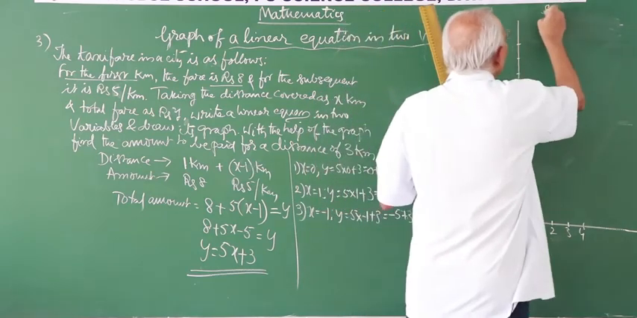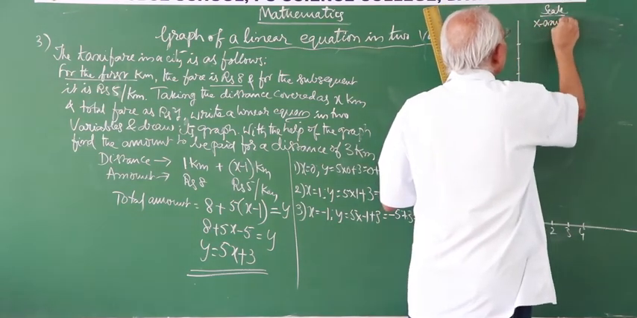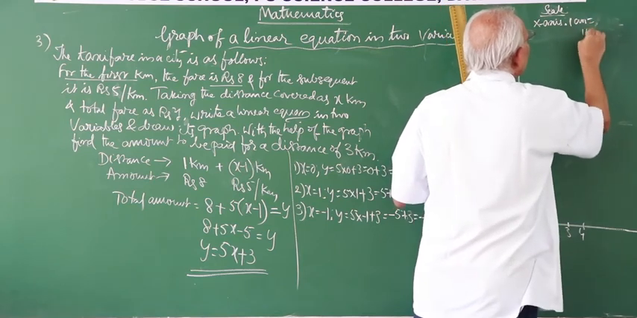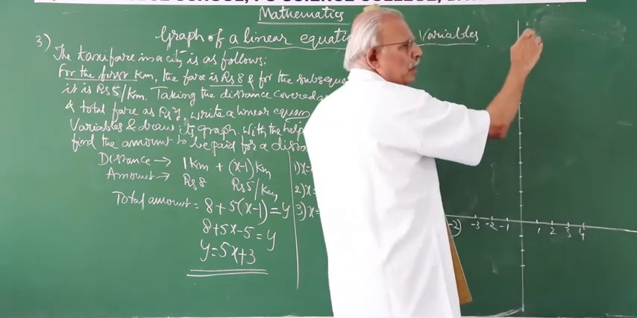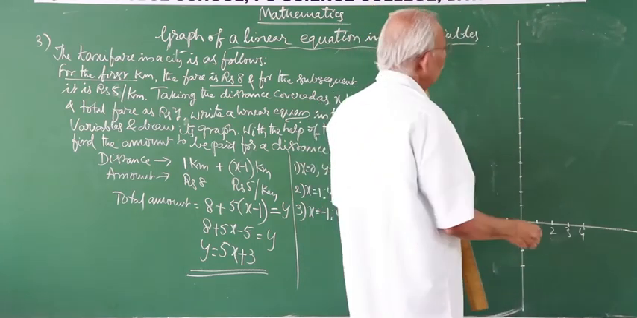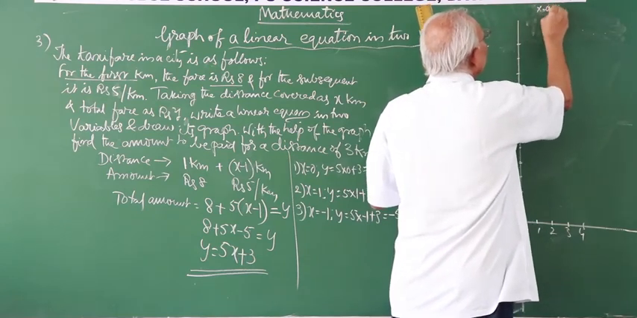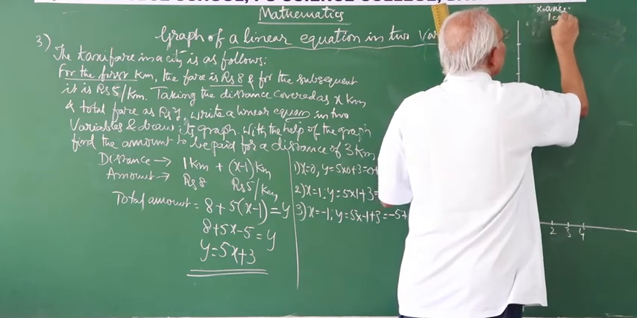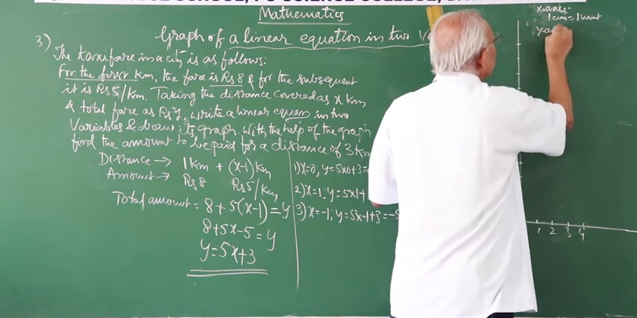Now look here. Scale. X-axis: 1 centimeter equals 1 unit. Naturally it must be written on the top right hand corner. Here I am going to write: x-axis, 1 centimeter equals 1 unit. Y-axis,